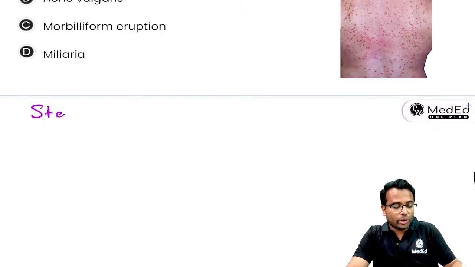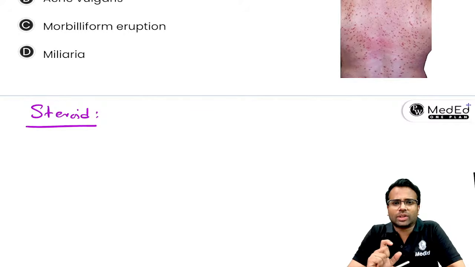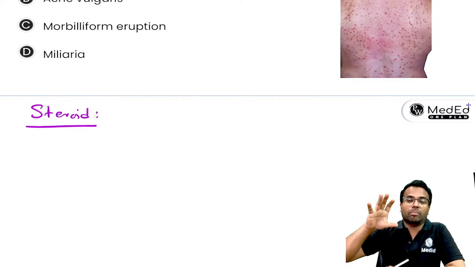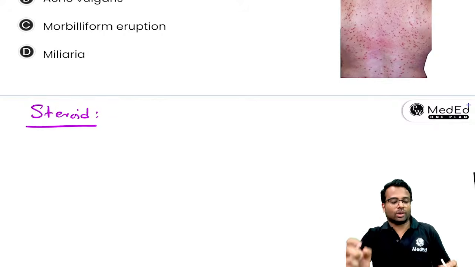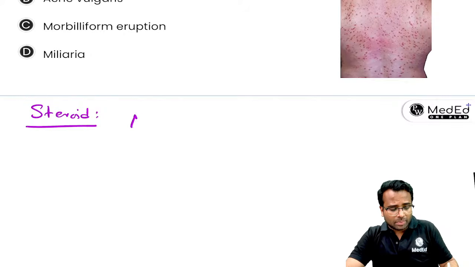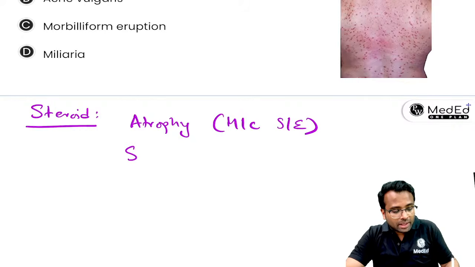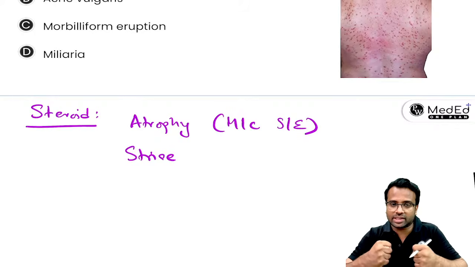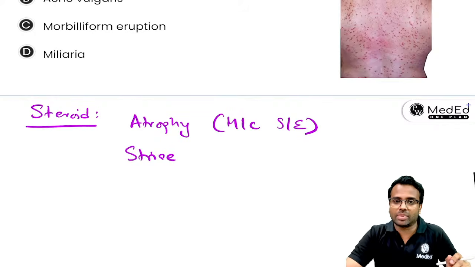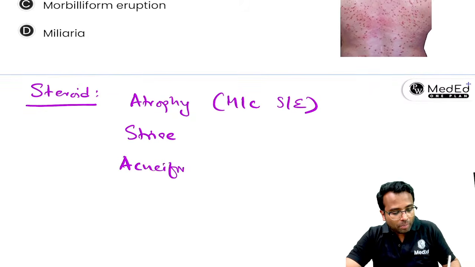Always remember that when you're going to use a steroid tablet or a steroid cream, these steroids come with a bunch of side effects. I agree that in most cases in dermatology we may be using a steroid, right? But whenever you use a steroid, always be careful. The patient can develop skin atrophy, which is the most common side effect of a steroid cream, isn't it? The patient may also develop striae, when the skin gets stretched, you can see some striae or lines, or the patient may develop some